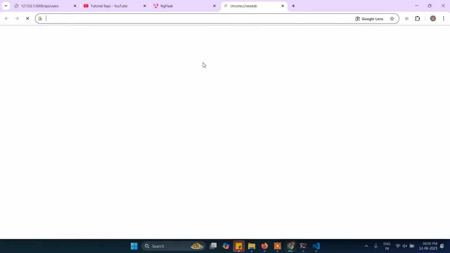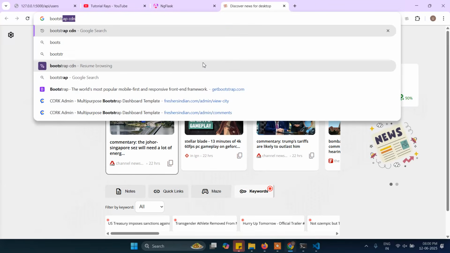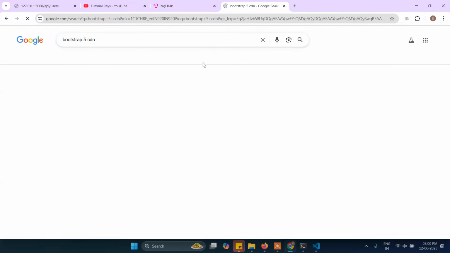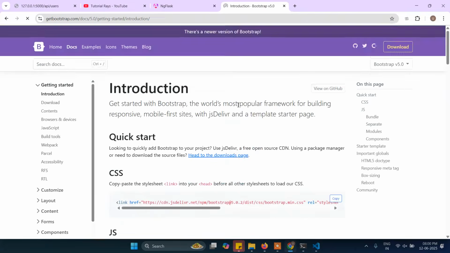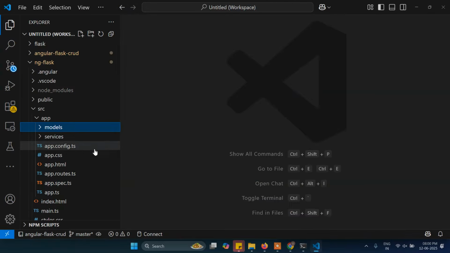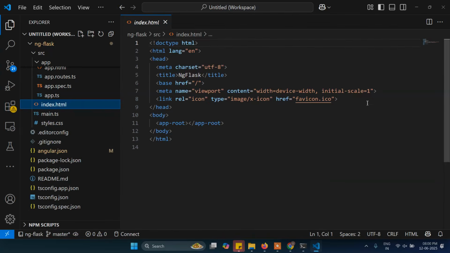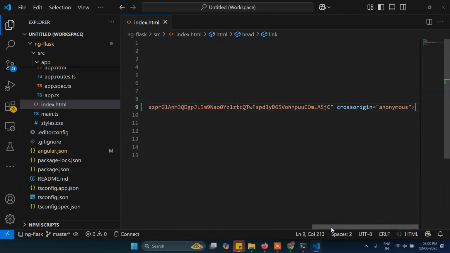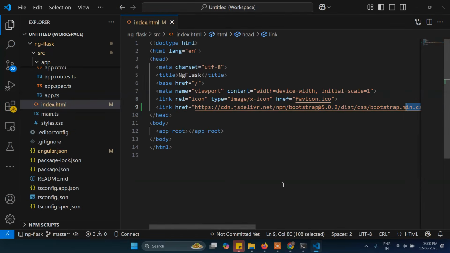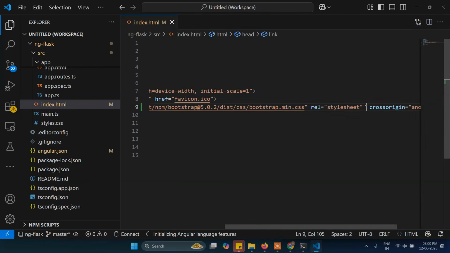So the first thing we will do, let's take the CDN file here because we will be using Bootstrap. Just copy it and go to our index.html, which is here, and inside the head we will put it here. Since it's localhost, this integrity causes a problem, so we can skip it. Delete this integrity. Similarly,